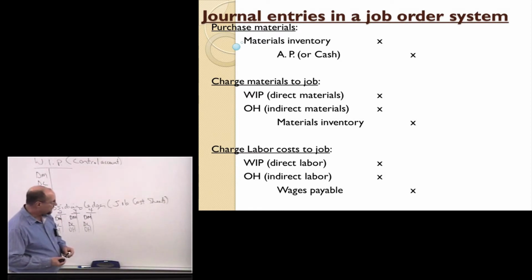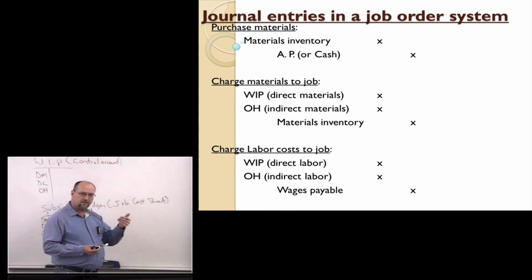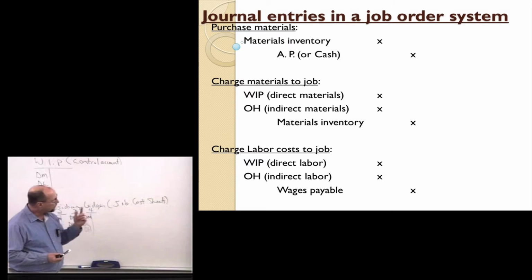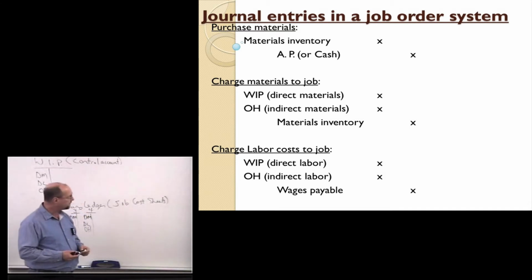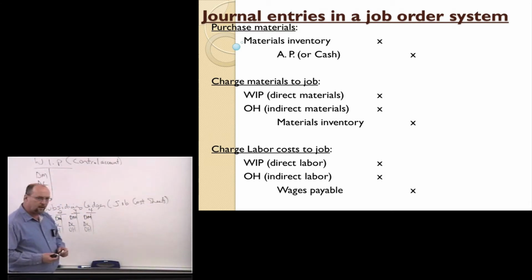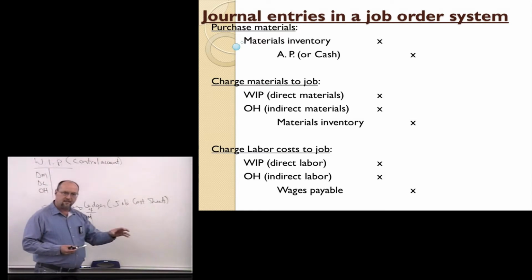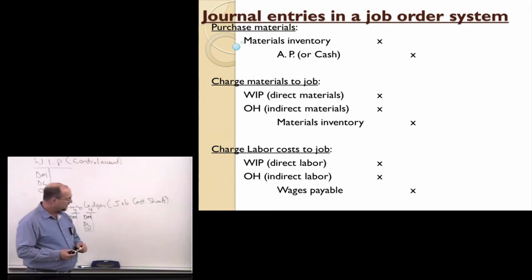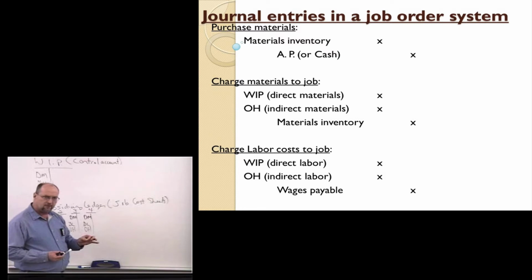And so we're going to debit inventory because it's an asset. And when an asset increases, we debit it. We're either going to credit accounts payable, AP, accounts payable, or cash, depending upon whether we pay cash or we bought it on account. Now, when we requisition materials into the production process, if it's direct materials, notice we debit